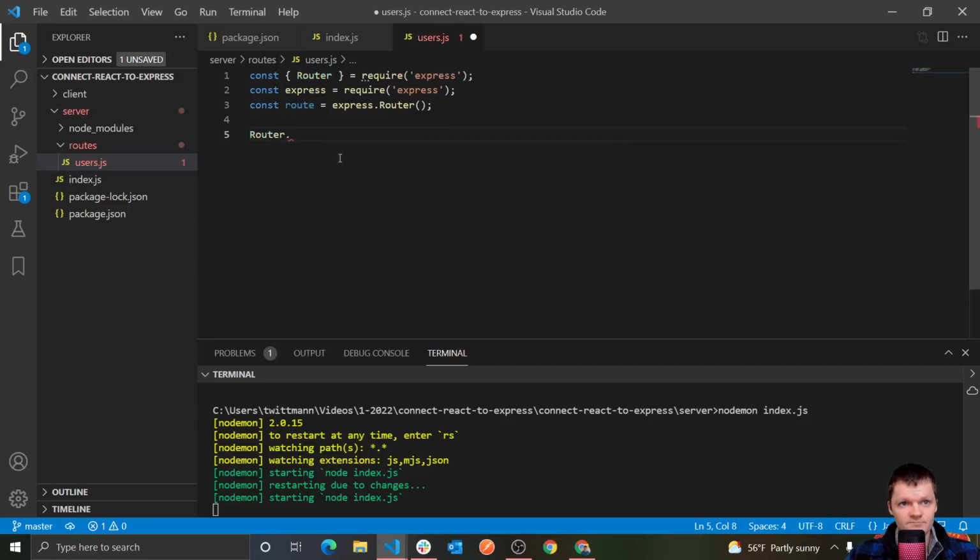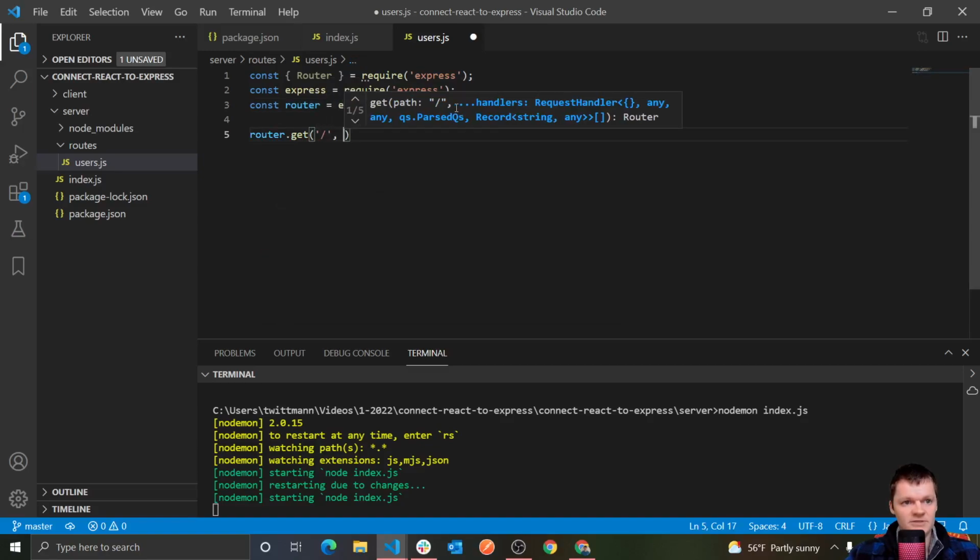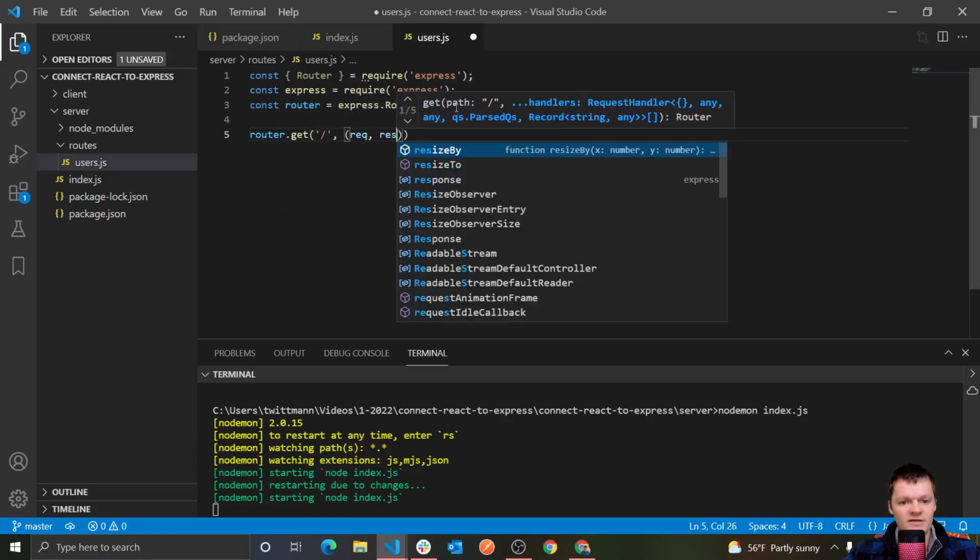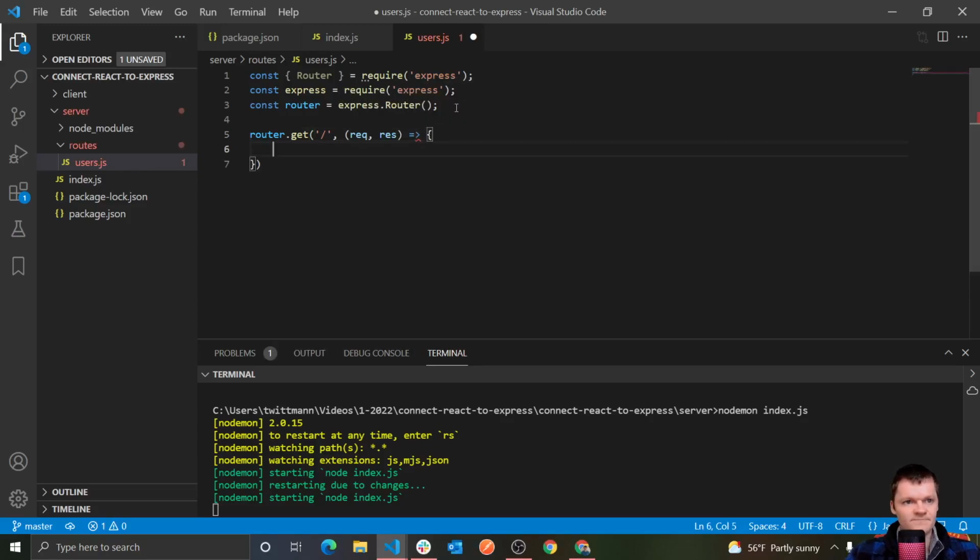And so what we're going to do is add a route to this router object. Sorry, let me call this router, and we're going to add a route to it with an HTTP GET method, and then the request and response. And this router object here will return a JSON object containing a JSON array of users. And so the way we're going to do this is we're just going to say